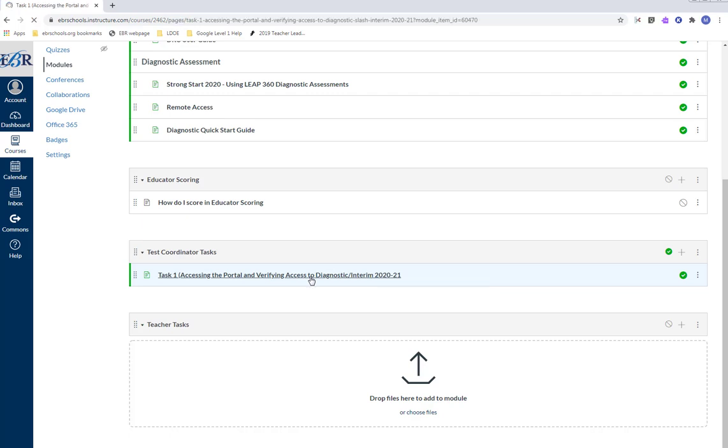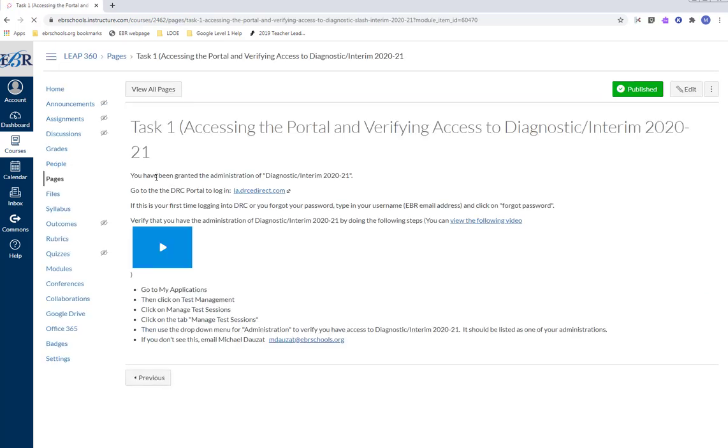2020-21. And so if you click on it, it says you have been granted the administration of diagnostic interim 2020-21, and it asks you to go to the DRC portal to log in. So you can either click on this or you can just type in the URL